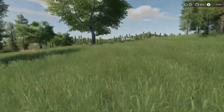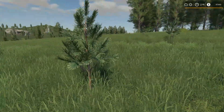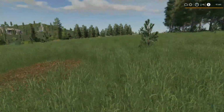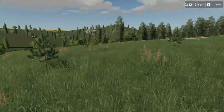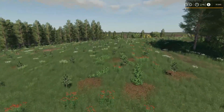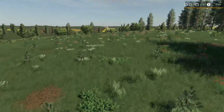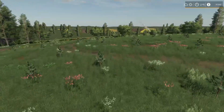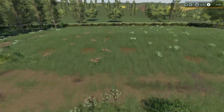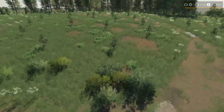But we do have some saplings right over here. And actually these have grown to a second stage. So now we can kind of see how the planting went. Matter of fact, wait, do I have this activated? Yeah, I do have fly mode activated. There you go. So now you can see all the saplings that we planted the first time. Did it do our saplings that we planted yesterday? No, they did not. It's probably hard to see, but we got some saplings right down there. Those did not change,